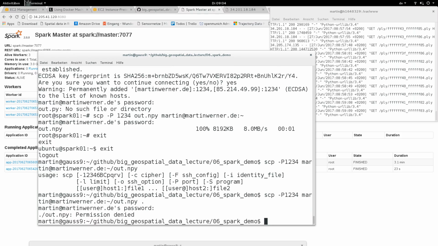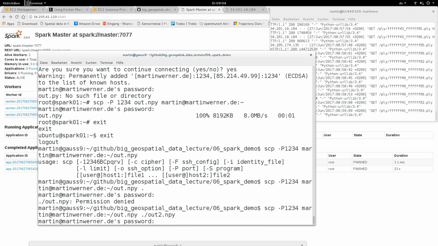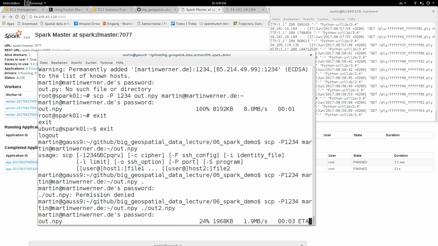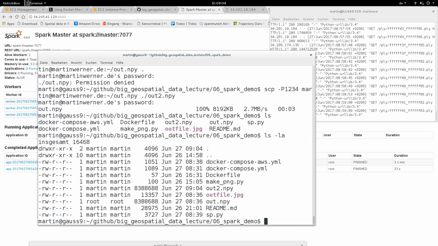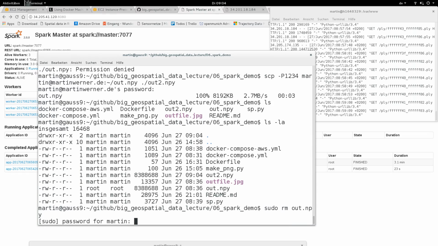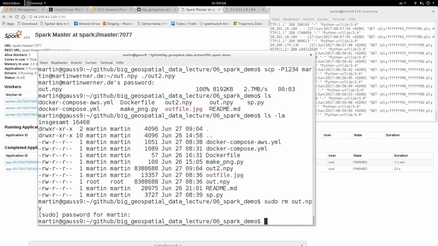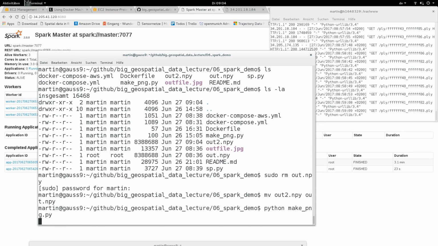What's about that? Out.npy permission denied. For some reason it was not able to write out.npy here. Somehow this is owned by root. So we will just remove it being root. And now we can just move the out2.npy to out.npy and run make png.py, and look at the output,